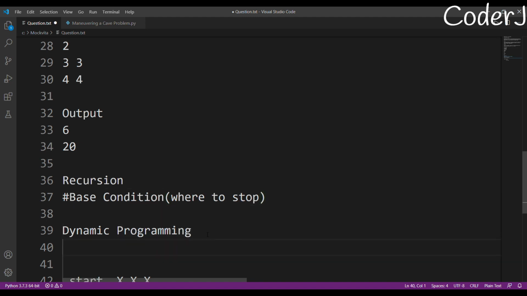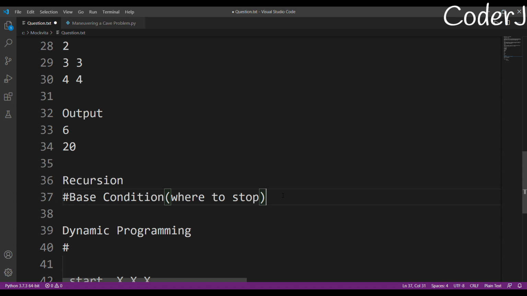And what about dynamic programming? I don't know the definitions that you have learned about dynamic programming, but to me, dynamic programming is basically generating new solutions using the subproblems. In recursion, what you do is you calculate the solution of subproblems again and again. That is the reason why the complexity of recursion is generally so high, because you create a new stack every time you call the function again.